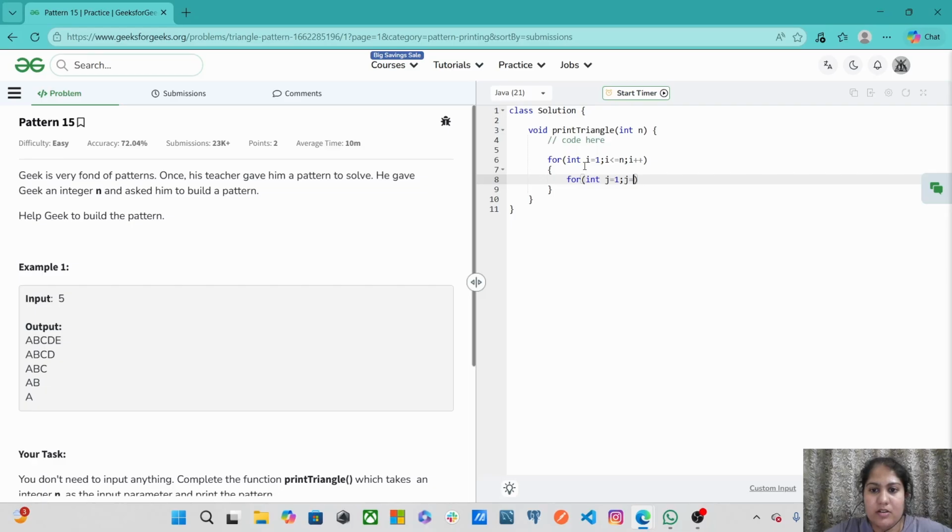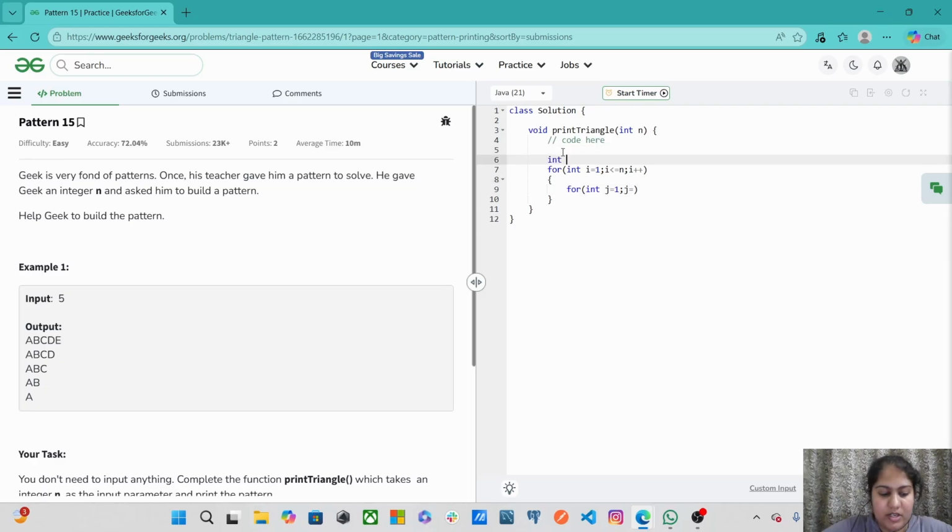It is n. So let's take a variable a which stores the value of n, the input, and j plus plus, such that we have to print the characters, capital character C,